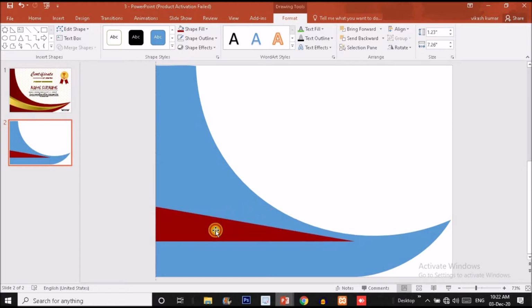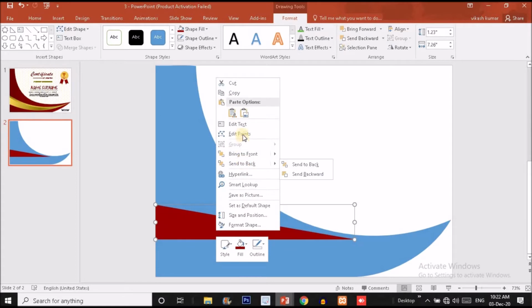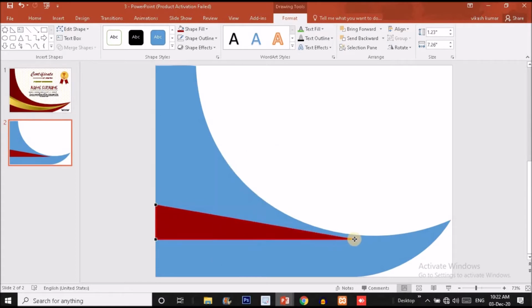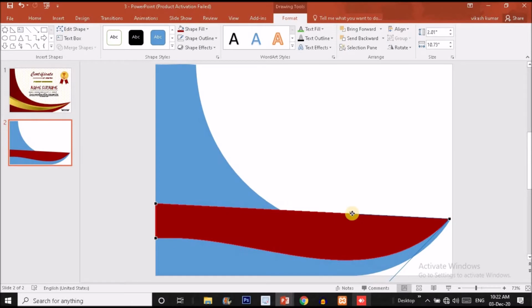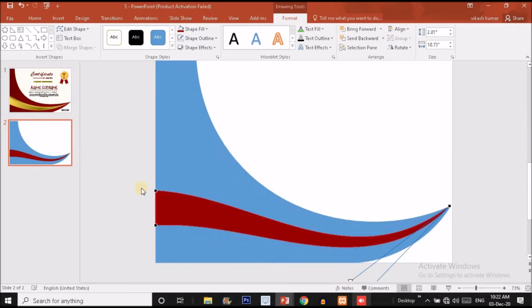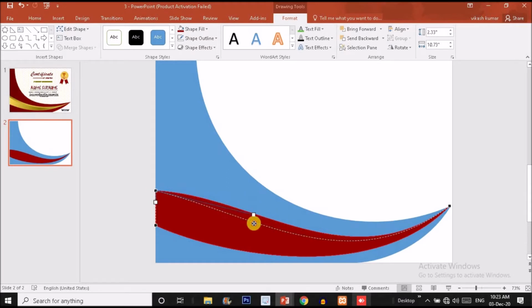Okay, now right click over here and click on edit point option. Just drag this point something here. Okay, and drag this handle something here. Drag this handle something here. Drag this handle something here and drag this handle something here. Okay guys,